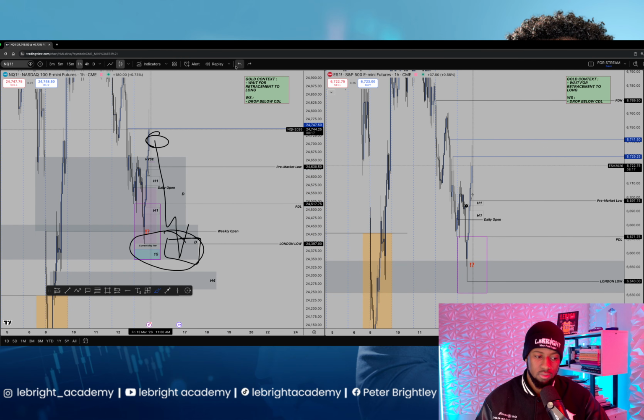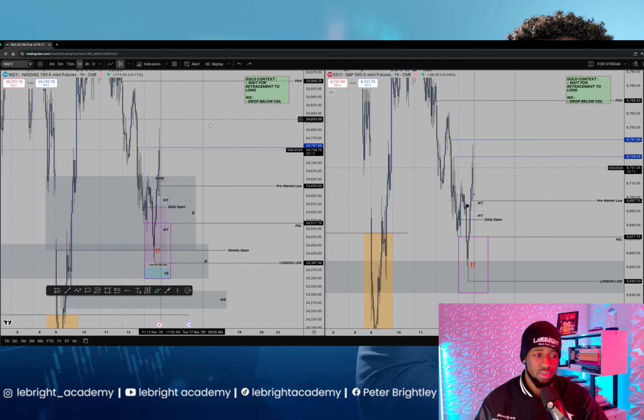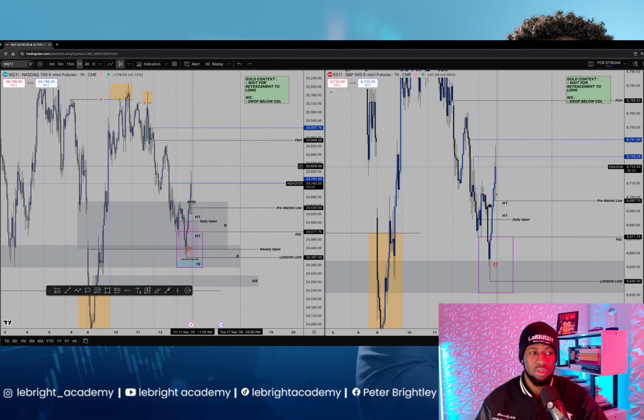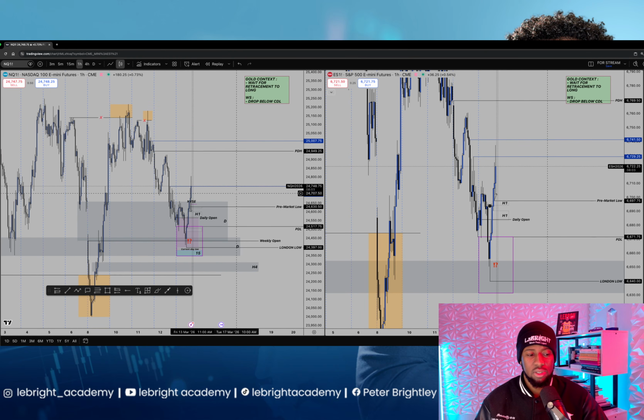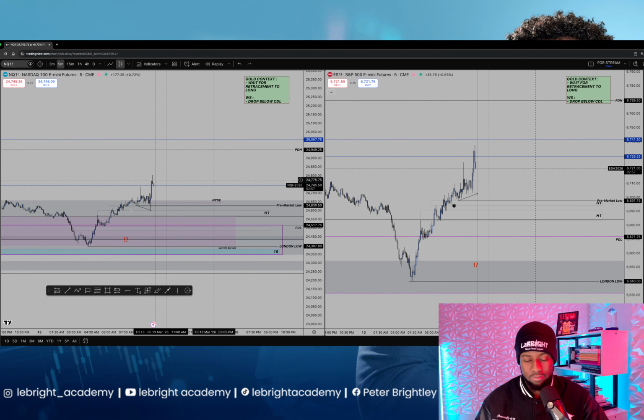You have to leave some room for that scenario. Even if the low has been set, even if the high has been set, sometimes the market sets the highs twice, sometimes the market sets the low twice, especially in recent weeks, where we can see price action doing some weird stuff. So it happens.